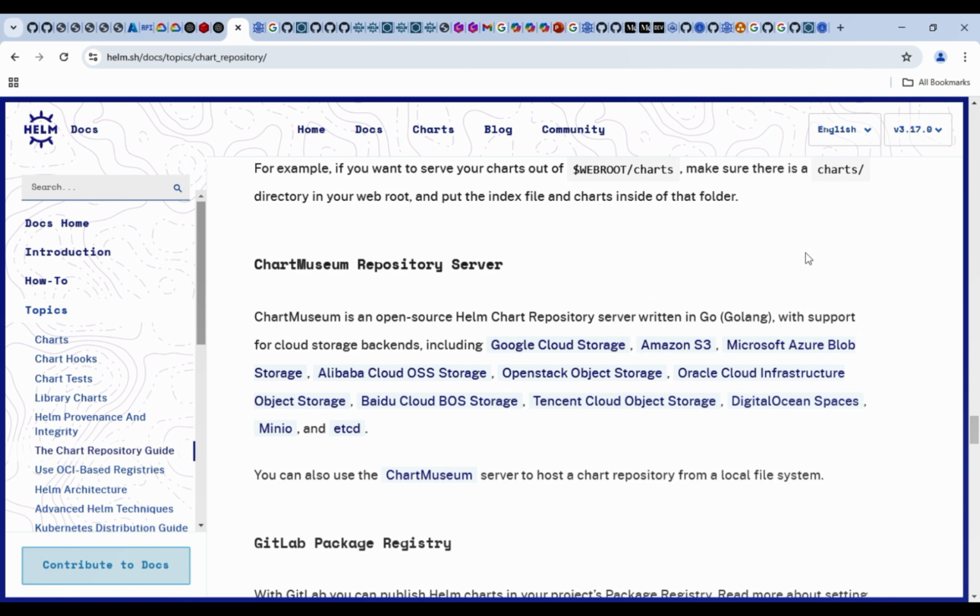Chartmuseum is just an open source Helm chart repository which you can host within your cloud, wherever you're working. For example, if you're working in AWS, you can host it within your AWS, or if it is Azure or GCP or any other public clouds like Alibaba, OpenStack, or the Oracle cloud, in each of these, you can host within your environment, and you can have your own repository with the help